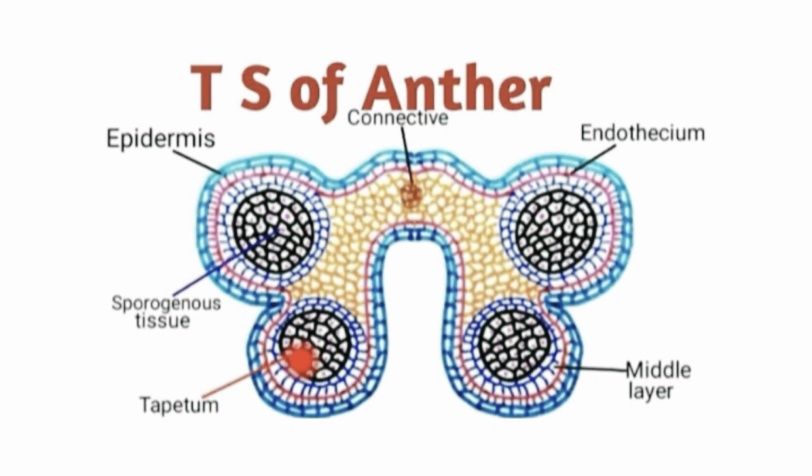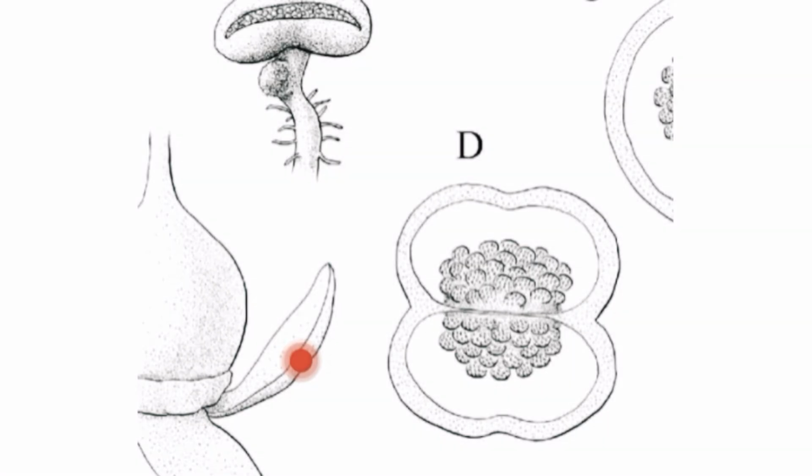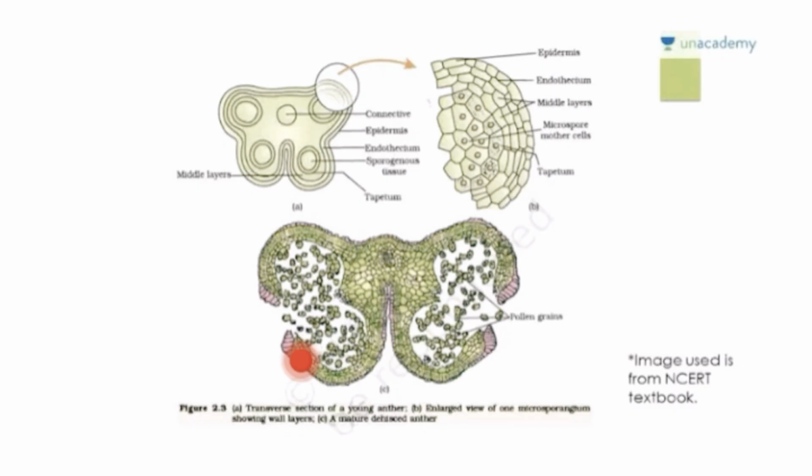So now, what happens when the anther gets mature? When the anther gets mature, dehiscence takes place. Dehiscence means the mature anther bursts open and pollen grains are released for the purpose of pollination. What happens is that in the mature anther, the tapetum, its role is finished, so that degenerates first. Next to that, the middle layer also degenerates, its role is also over in the mature anther.